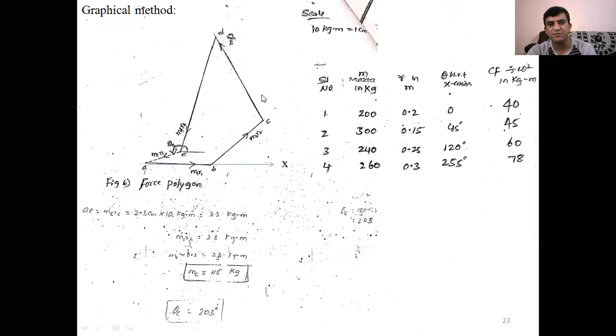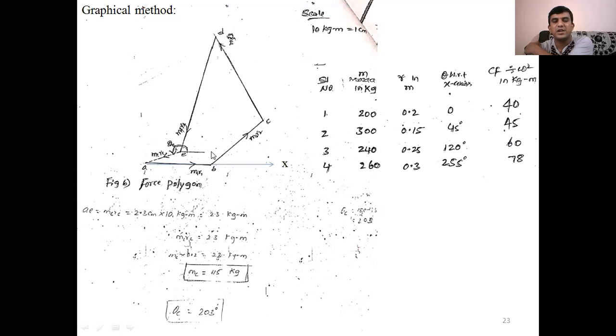Now you can see this is a force polygon. The length of the line shows the magnitude of that centrifugal force, and the arrow mark shows the direction. Suppose the force polygon is a closed one, it means that with those four masses alone it is completely balanced. If it is unbalanced, you can see the dashed line MCRC. If you join AE, that gives MCRC, the unbalance, so you get the counter mass magnitude. Then if I know RC, you can easily calculate MC, and with respect to the horizontal line you can calculate its orientation. That is what we call the graphical method.